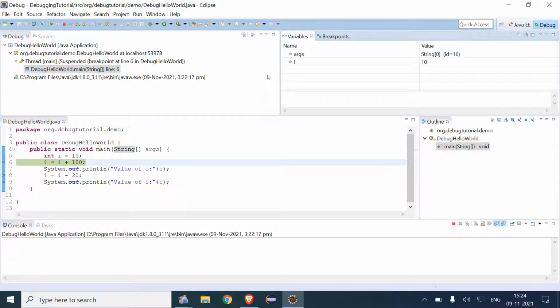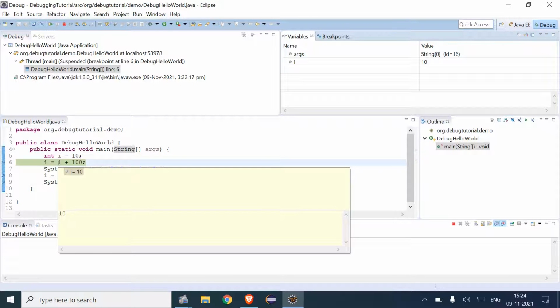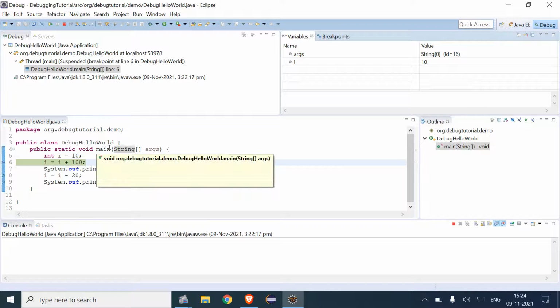So right now, when we debug it, the program is paused at the first breakpoint. Now, what if we want to proceed further? We have to instruct Eclipse to move forward to the next breakpoint.